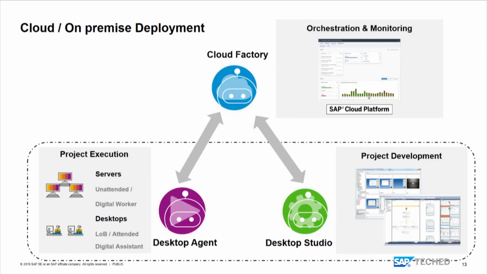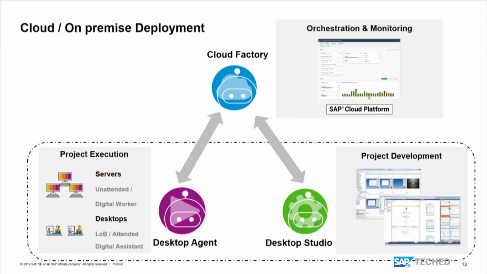For unattended, it's the same. As soon as the machine boots in the data center, the agent will connect to the factory, and the project will be distributed. Okay? So for attended and unattended, it's the same philosophy. You download the project, and you're ready to execute all the scenarios which are bundled inside this project. If it's attended usage, the people will work on their machine, and they will trigger the scenarios manually with menus, with clicks on buttons, and so on. So the difference here is that the scenarios are triggered manually by a human action,